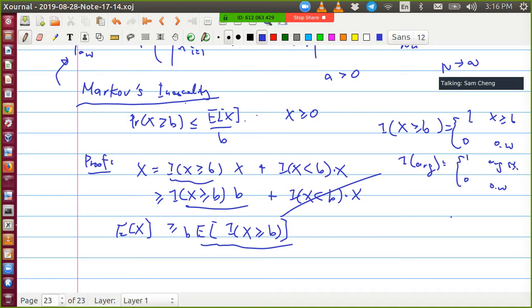So then, what is this? As you can see here, this is actually nothing but the probability that x is bigger than or equal to b, right? The expectation of the indicator of x larger than or equal to b is actually just the